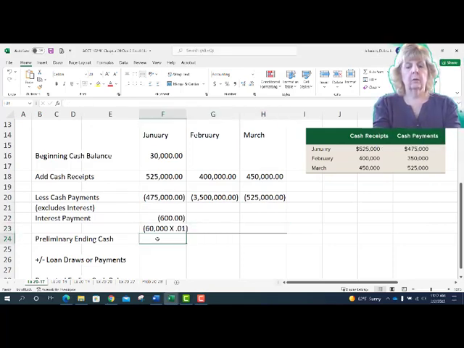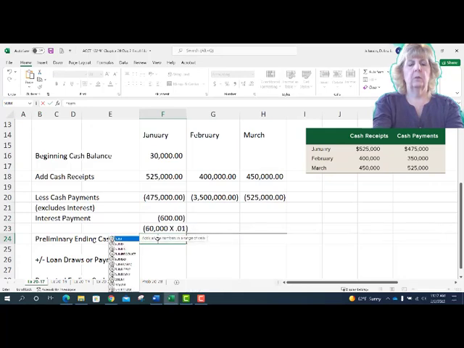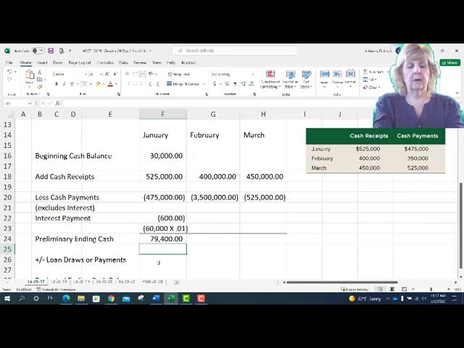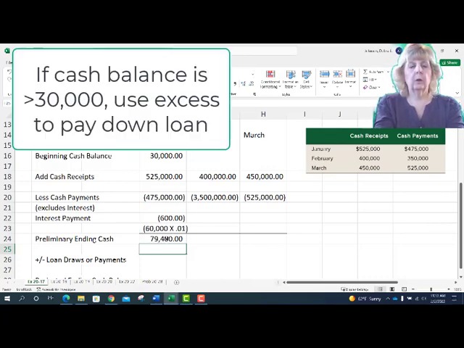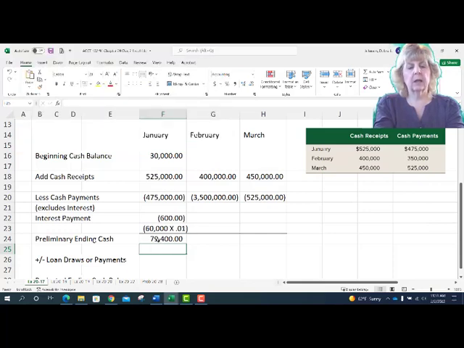Okay, now that our total line's in there, we're ready to begin to summarize our cash projection. Let me put that first sum formula in. Recall that the author told us that if we had above $30,000, we would start to pay down that $60,000 loan balance. Because my cash has to be no less than $30,000, I have the ability to